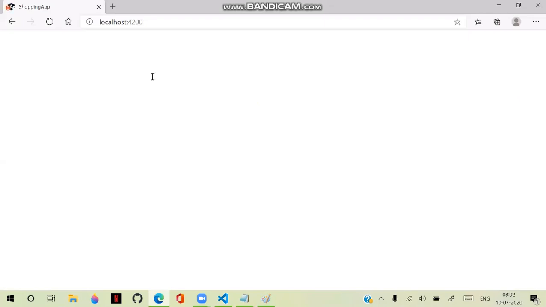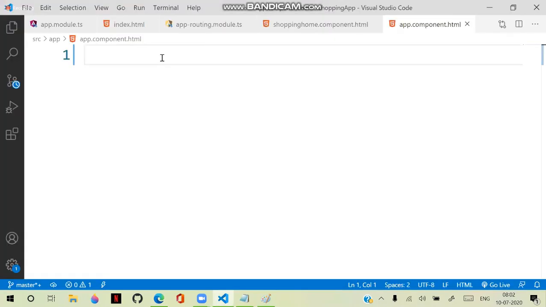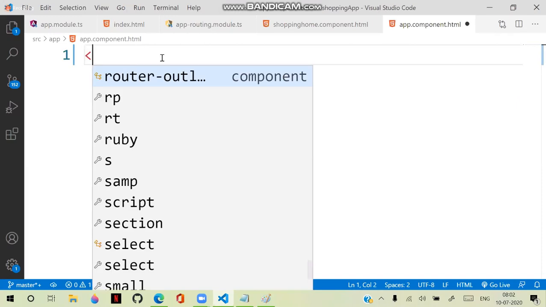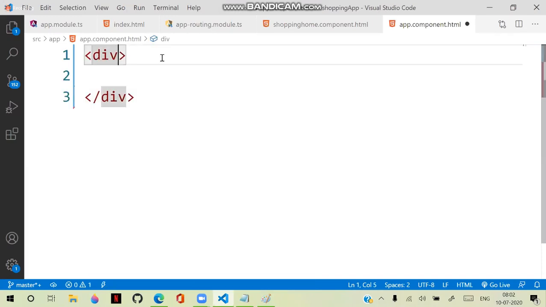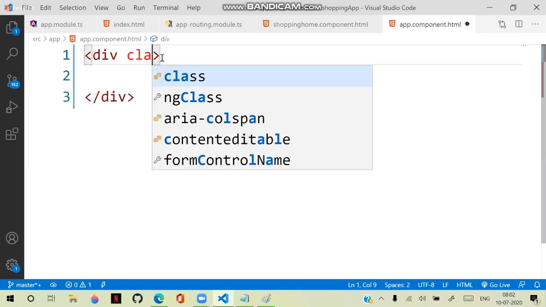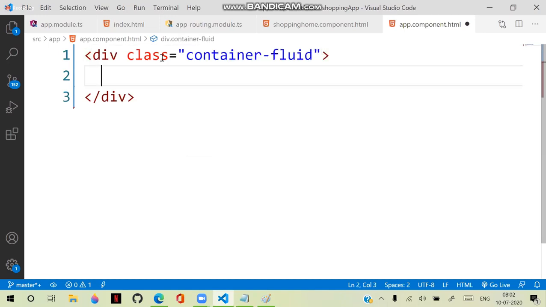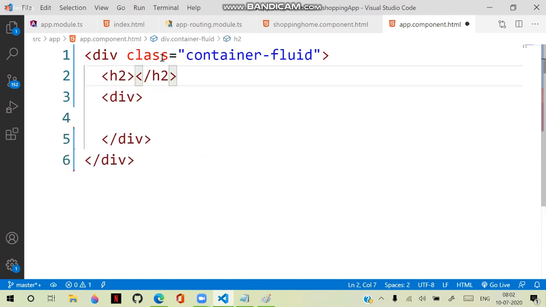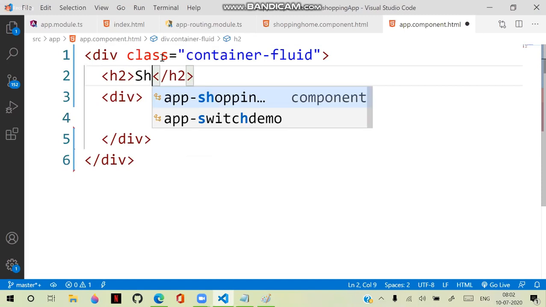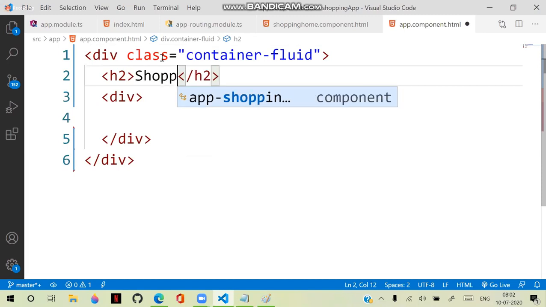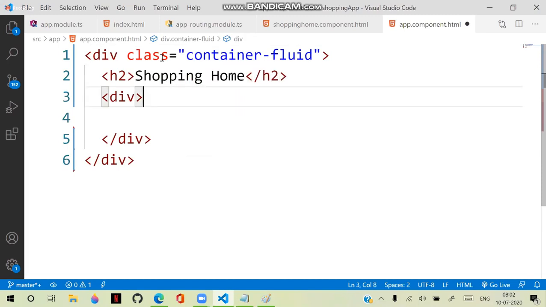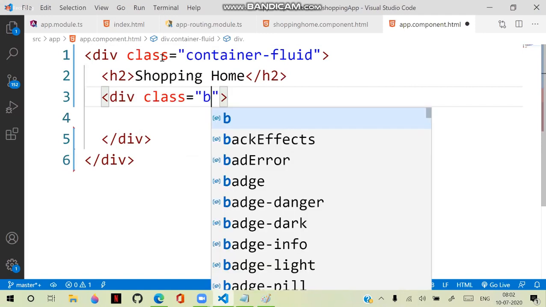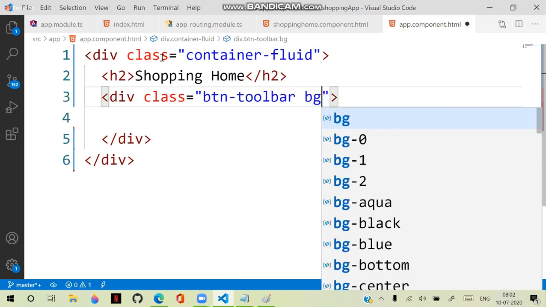Here, we are creating a div with the class container-fluid. Here we need to create a navigation. So I will create a heading as shopping home. And in this div, I will put a class as btn-toolbar, bg some